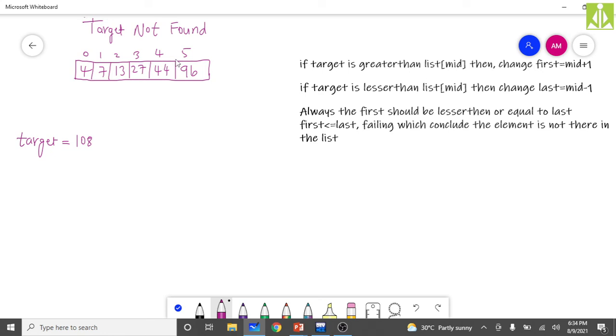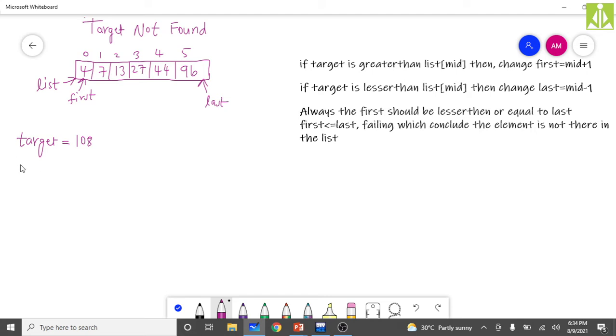Like 6 elements, index is 0 to 5. This is the list. Initially, take first over here and last over here. We'll go according to the procedure only.